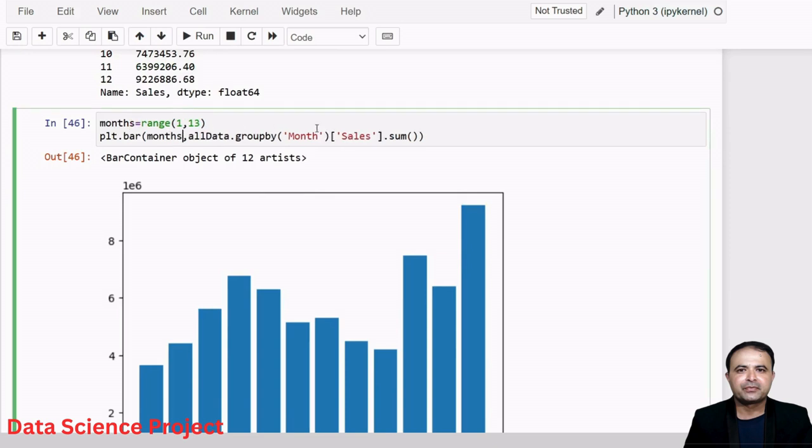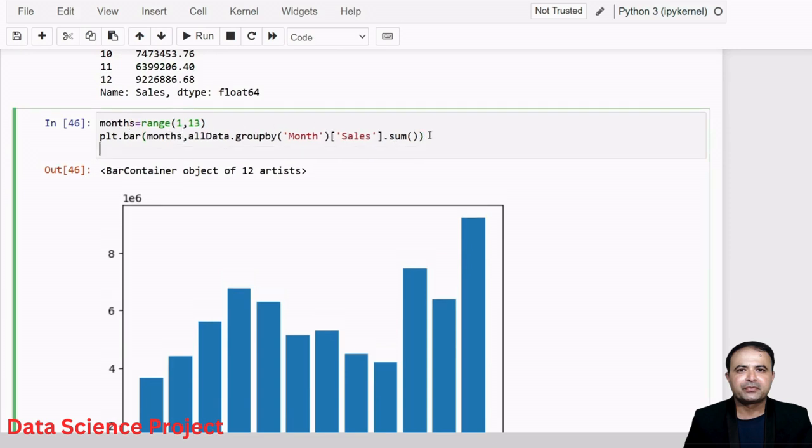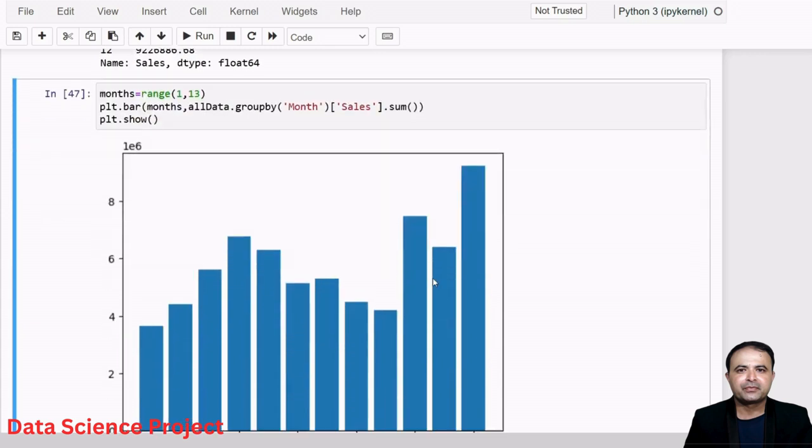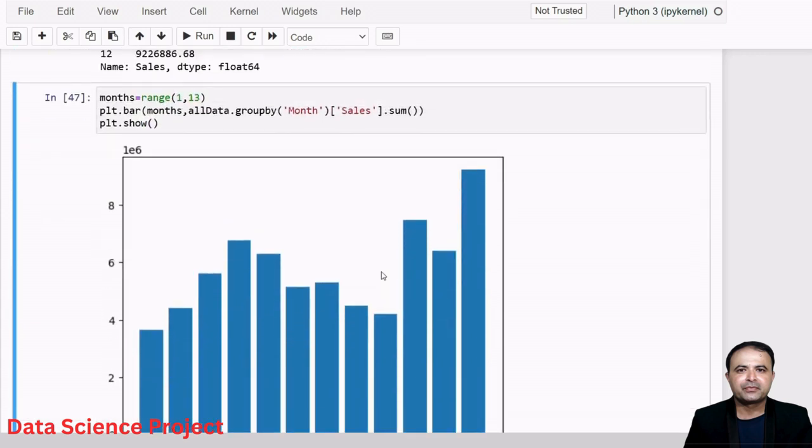So now also I want to pass plt dot show. So the range, all data group by. Now X label,